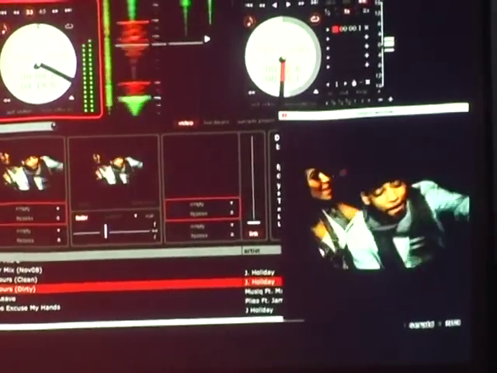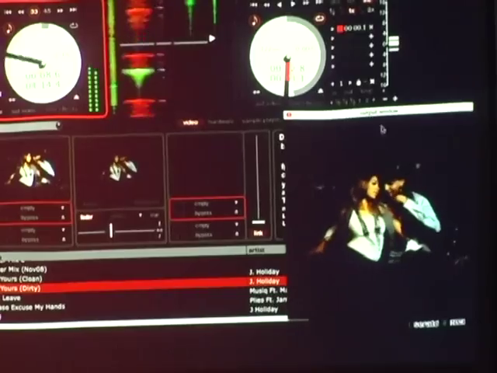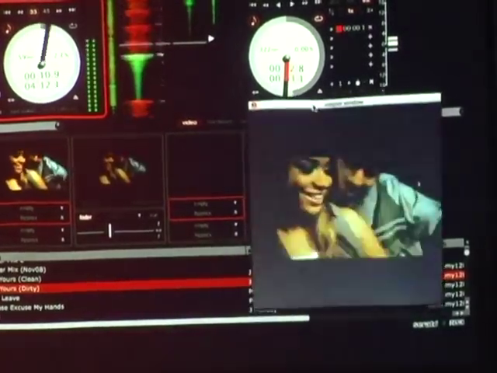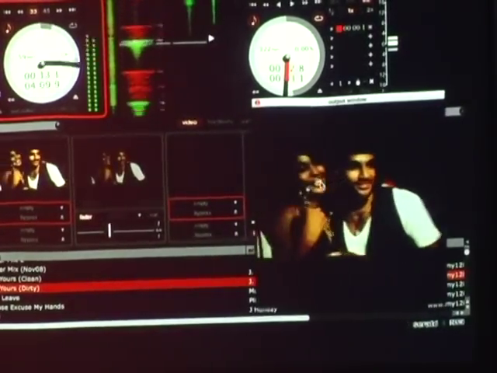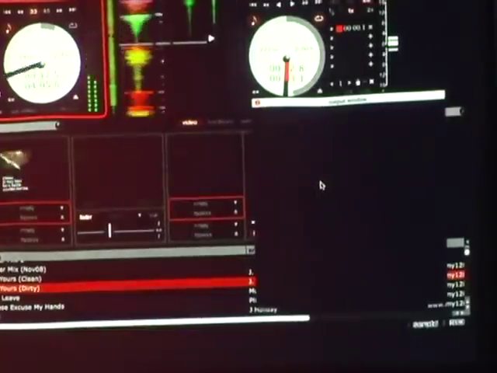I'm gonna play this video. With the 57, you have ultimate control. As you can see, this is the output window. This is exclusively what everybody in the club would be seeing. With the 57, I can fade that video in and out with the audio, just like that, with the faders